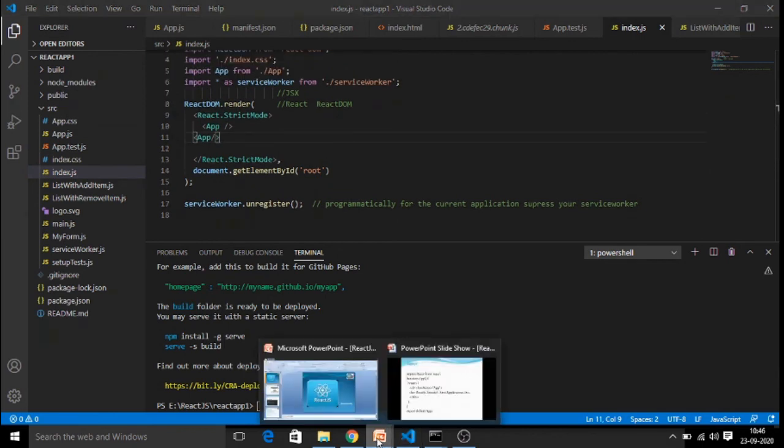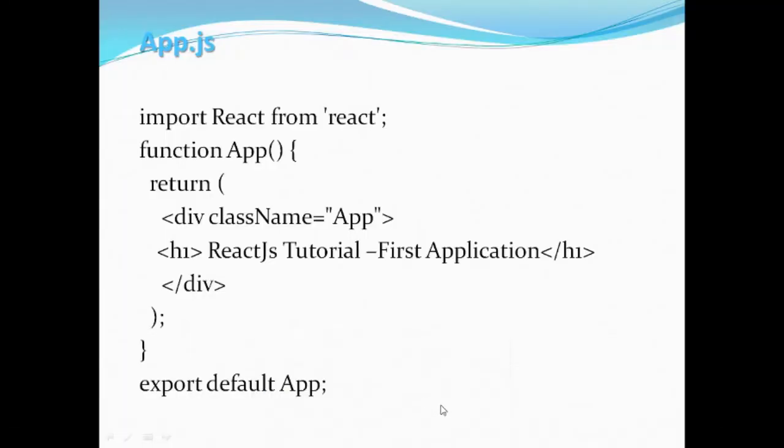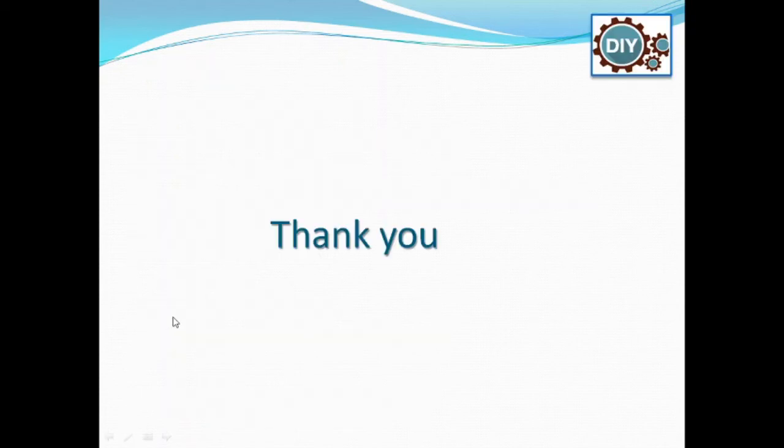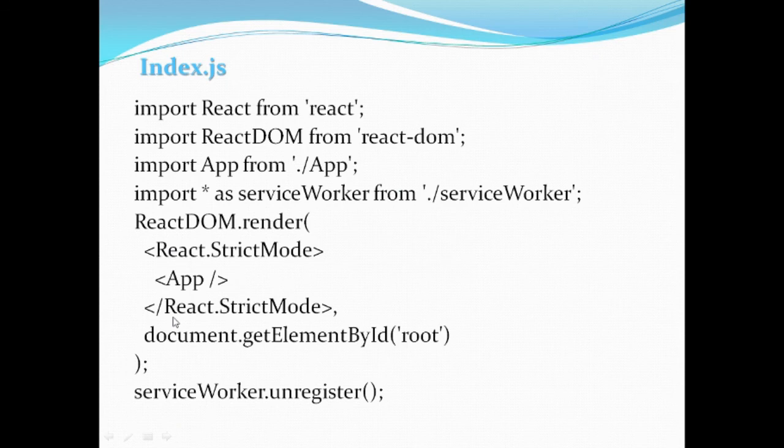So the same thing is explained in our slide, right? The two things initially in a very first application, you should understand: what is the role of App.js, how do we create a component, and then what is index.js. What is the role of index.js? This is mainly to render your component onto your browser. So it is going to make use of ReactDOM, which is a predefined class from your ReactDOM library.